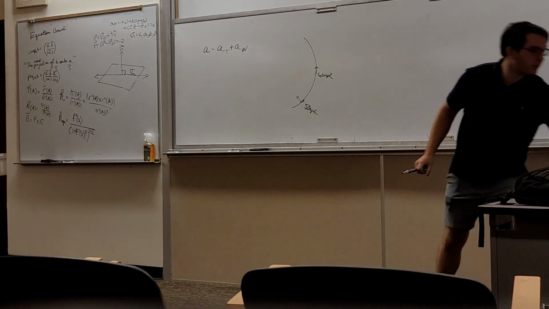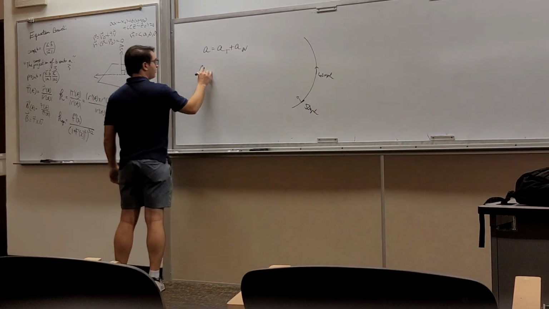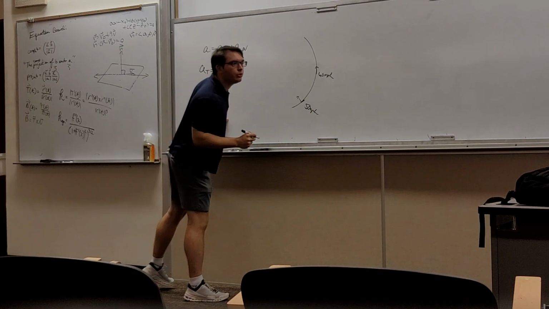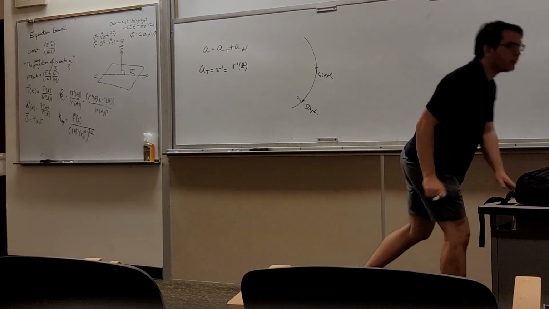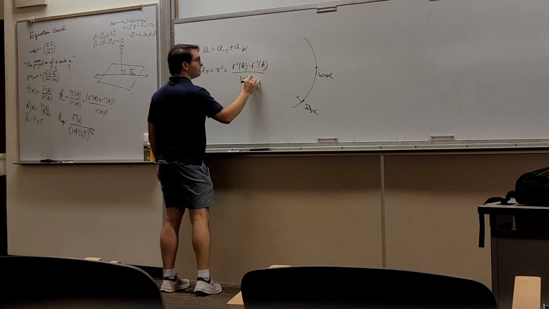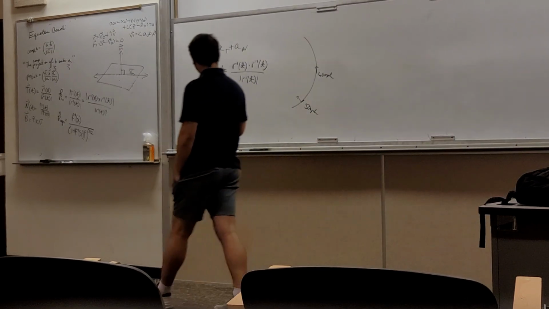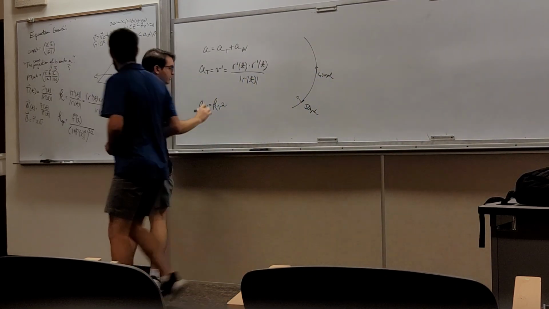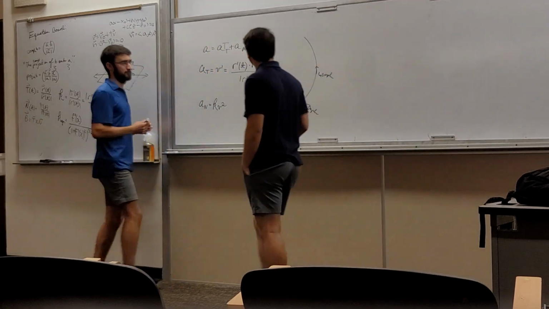A of t, the tangent component, is what we think is the change in my velocity, the speed, and that is equal to r prime of t dot r double prime of t over the magnitude of r prime of t. Now, the normal component is also known as curvature times the velocity squared, but that's also equal to,